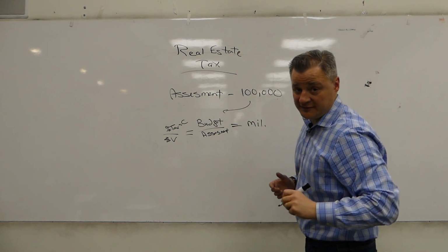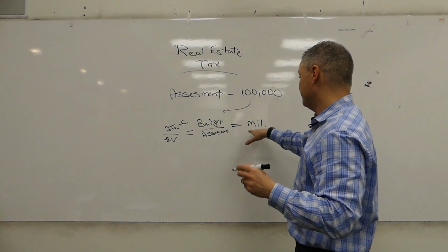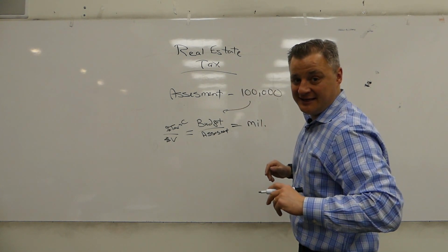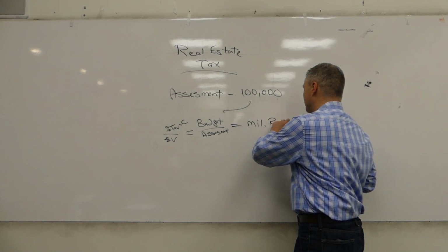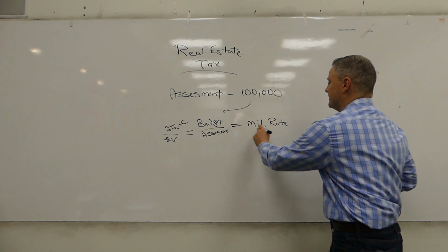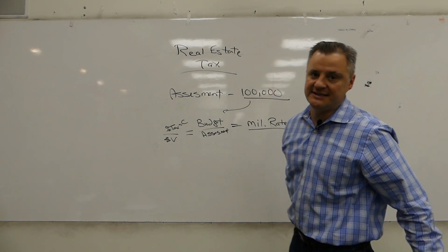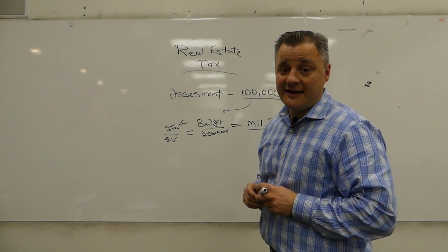Okay, some people call it the tax rate, and that's really what it is. But if you want to speak tax assessor and get them all excited because you're speaking their language, it's called the mill rate, or millage rate. That number, the millage rate for the town, multiplied by the assessment for your property equals your real estate tax. Now, there is something called a correction factor that a lot of towns use if they